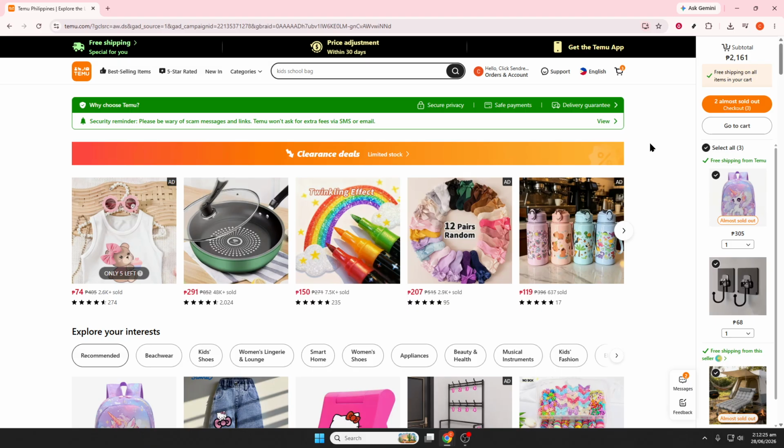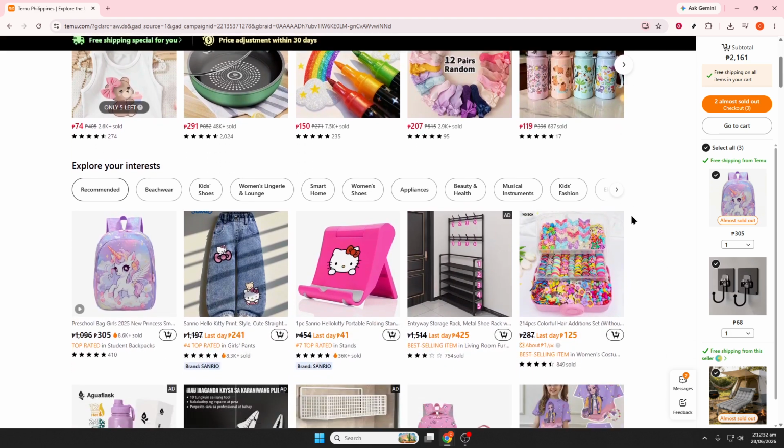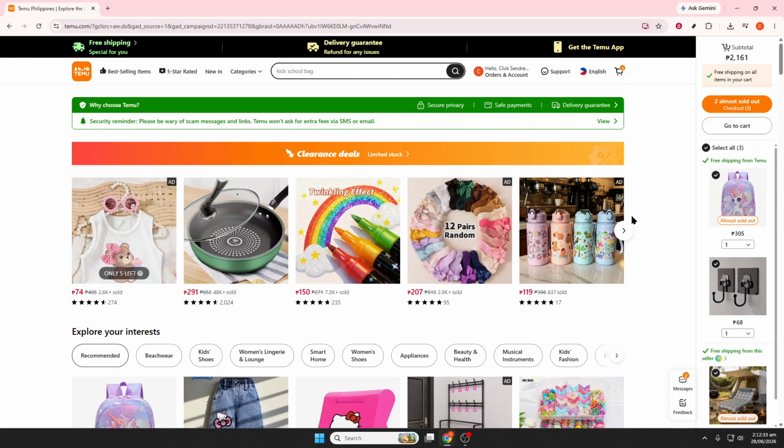To get started, open the Temu app on your Android phone or iPhone. Make sure you're using the official app and that it's fully loaded before moving on. Once the app is open, sign in to your Temu account. This is important because your order history is tied to the account you used when placing the purchase. If you have more than one account, be sure you're logged into the correct one so you can find the